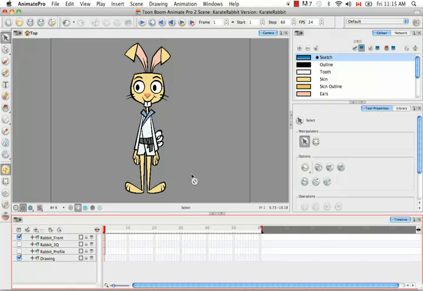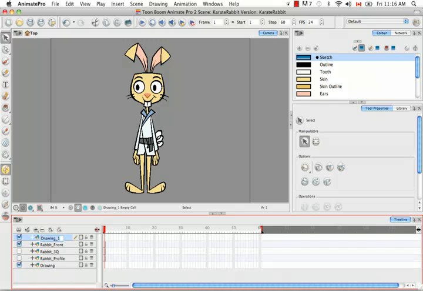So the last thing I'd like you to think about is your layer naming convention. And although this might seem like a trivial decision, as you start breaking down a cutout character, you're going to start to realize just how many layers there really are. So let's go to the timeline and create a new layer and decide together what we should name it. So in practical naming convention, you always have your character's full name or at least initials to represent the character. So in my case, I'm going to name it KR for Karate Rabbit, then underscore,